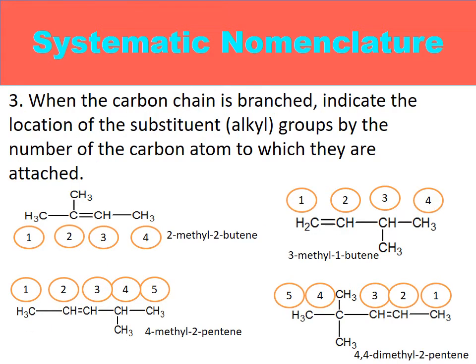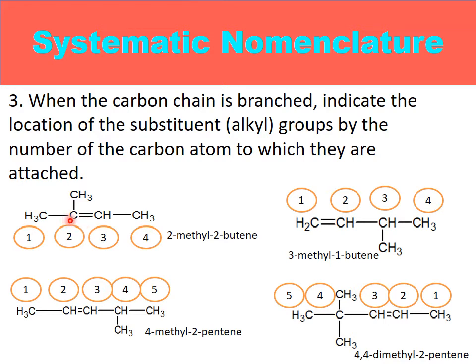The third rule is related to an alkene with a branched carbon chain. The first step to write the systematic name of a branched chain alkene is to take a main chain in the given alkene. The main chain in the given alkene is the longest carbon chain containing the double covalent bond. The second step is that you have to enumerate this chain in such a way that the functional carbon, which is the carbon that is making the double covalent bond,